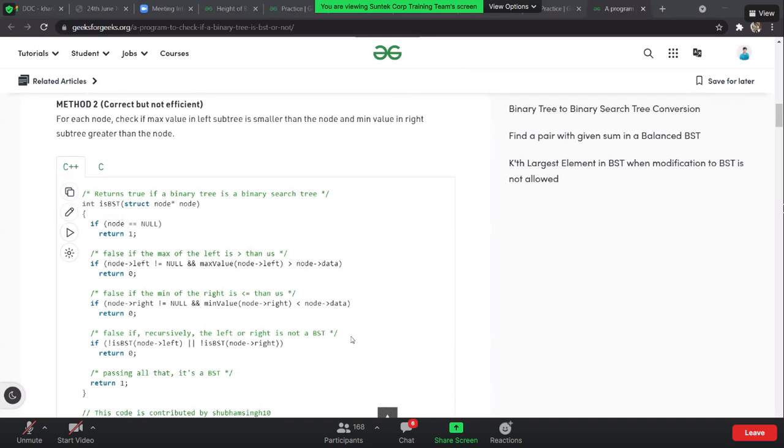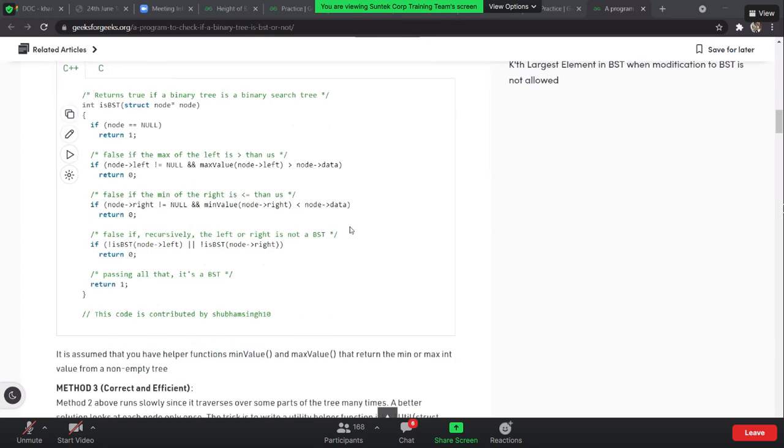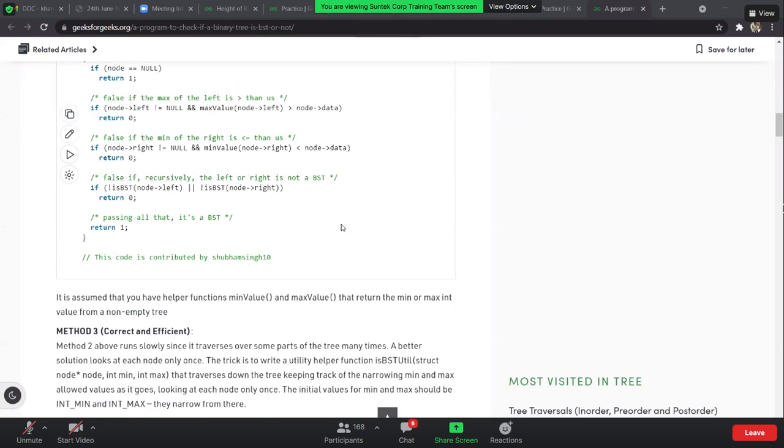Okay. So now, can anyone tell me what is the drawback for this? They say that this is not an efficient solution, but why is it not an efficient solution? Correct, that this is the one case. If equal, we cannot find it. There is one more case that we are missing out.